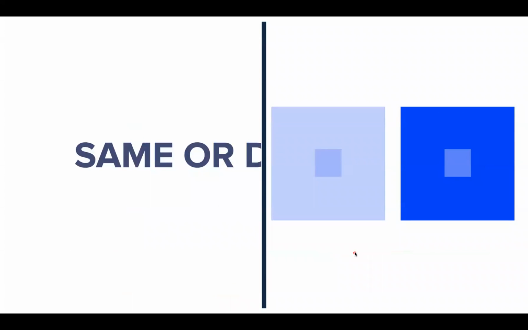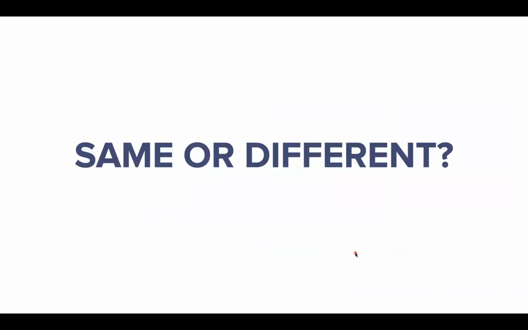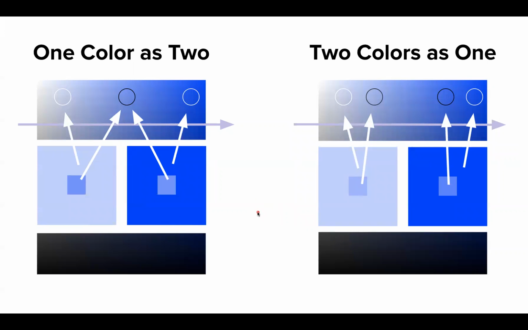So the trick is seeing whether these two inner squares are the same or different. And these two animations show that the two inner squares on the left are the same, and the two on the right are actually different in saturation. And the way that Albers was able to create this effect was by having these two inner squares share the same color and saturation, and then by having these two ground colors be equidistant from the shared color in the middle. And that made this less saturated color, and then this same saturated color,